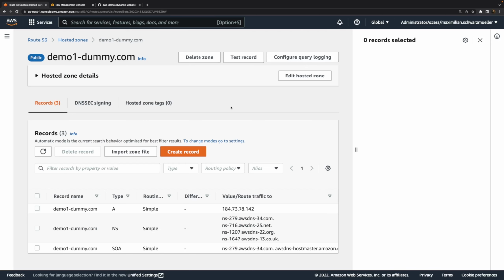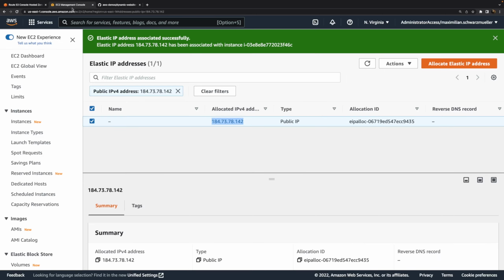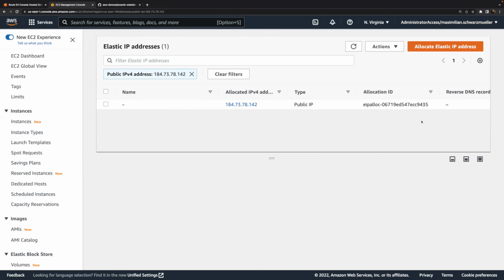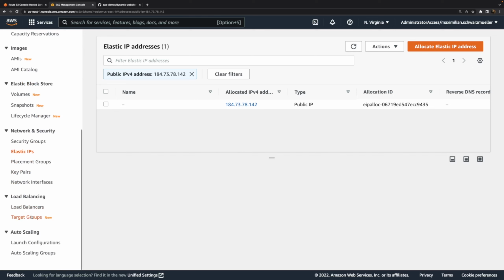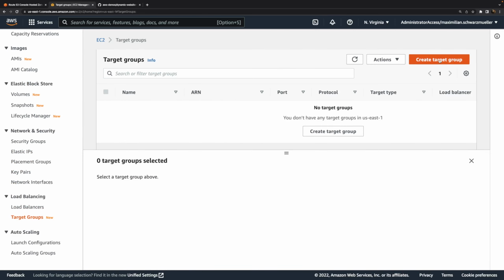So that's how we could point at a single instance. More often than not, you will also use a load balancer though, because you might also have auto-scaling turned on or you're running your web server on multiple instances manually. Therefore here, to simulate this, I will add a load balancer, and as a first step, I'll add a target group, therefore. Now, I also do introduce you to load balancing and auto-scaling in my course and also in another video I created.